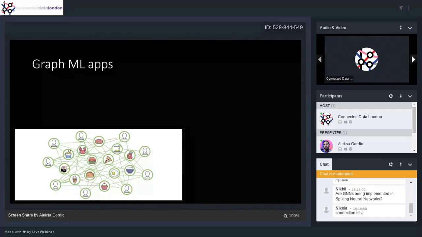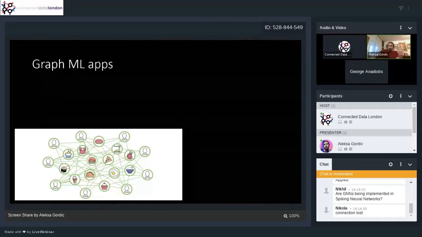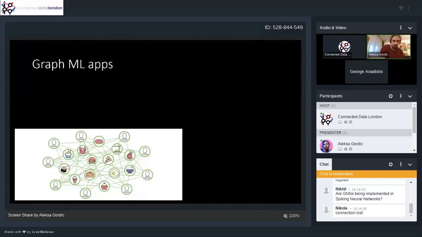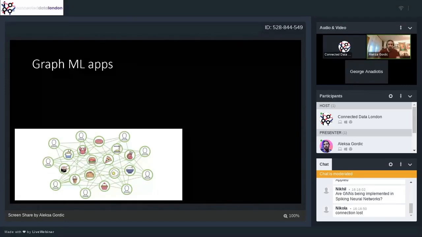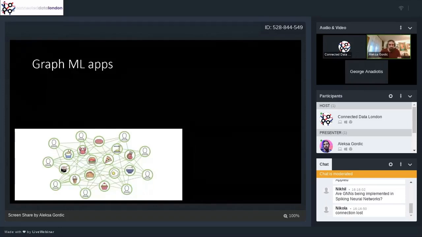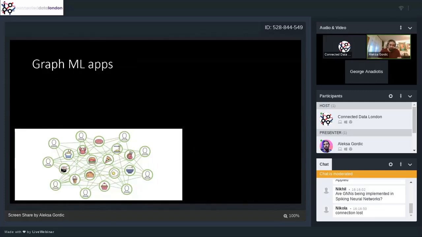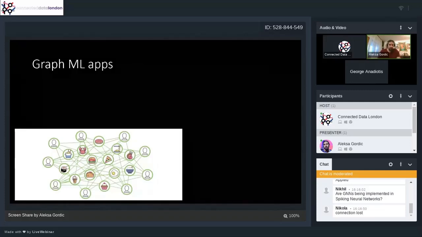If for the pizza it's maybe 0.5, the user has a 50% chance to order it. And then you can just imagine how you can sort the edges according to those probabilities, according to those numbers, and you can recommend the food items to that particular user. So that's an example of how you could do edge regression.